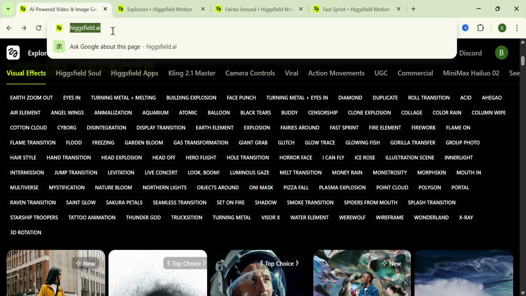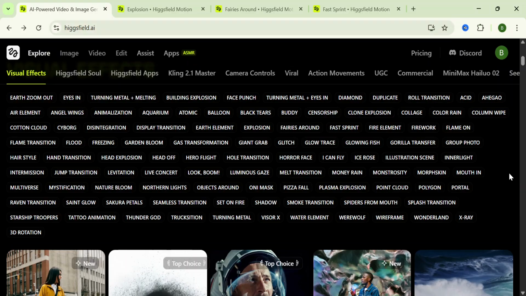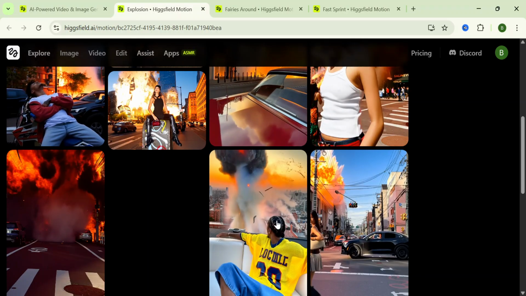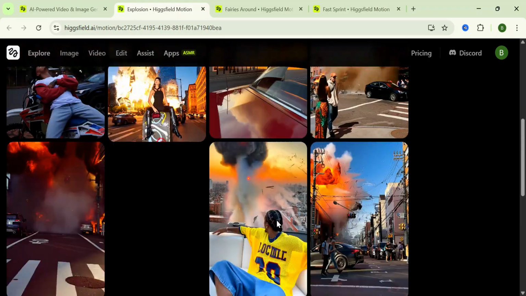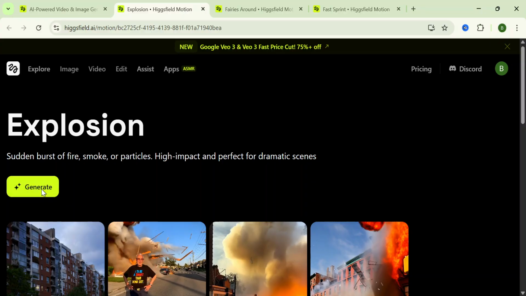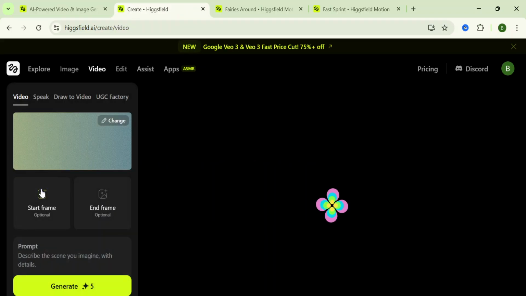First thing is to go to higgsfield.ai. The second step is for you to click on the visual effects section, then click on explosion. You'll be brought to a page like this. You can select from any of the samples available here, or you can just create your own by clicking on the generate icon here. So once you click on the generate icon, you'll be brought to a page like this,